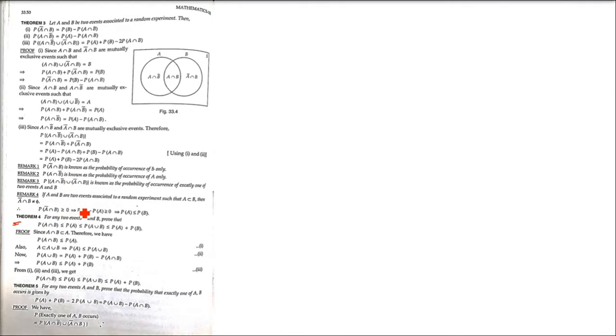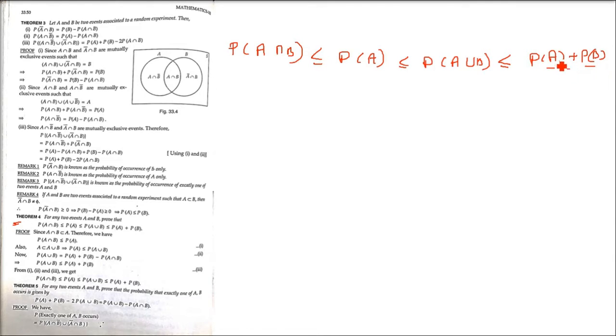Now if you associate numbers, you will see the relationship between all of these. P(A intersection B) will always be the lesser number, lesser than P(A) and P(B). It will be less than or equal to P(A union B), and that will always be less than or equal to P(A) plus P(B). So the highest number, if you assign probabilities, will always be P(A) plus P(B), and the lowest one will be P(A intersection B).